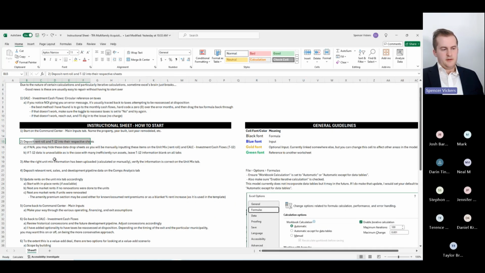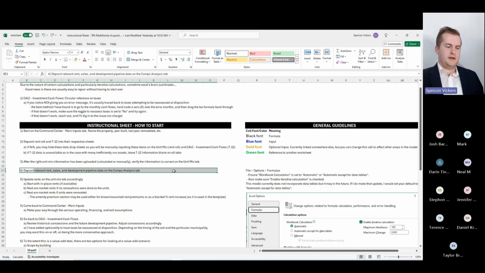So after I've dropped in the rent roll and the T12, I would, like we did, go verify that the unit mix has been uploaded correctly and that the information is correct on the unit mix tab. Then I would go and take a look at rent, sales, and rent and sales comps, and then the